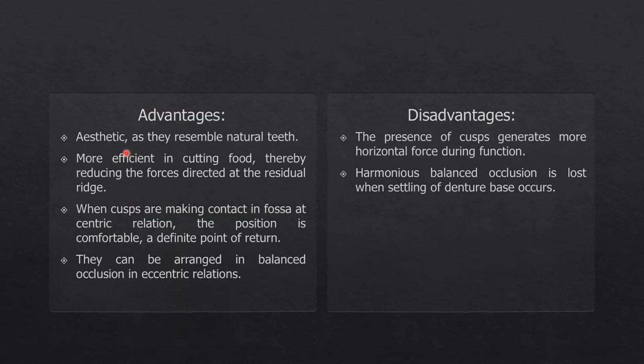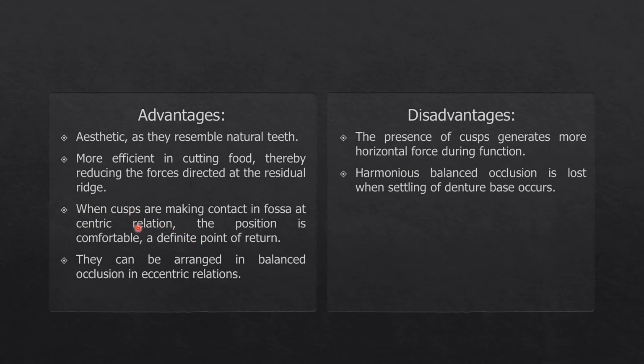So, what are the advantages of these anatomic teeth? Of course, they are aesthetic. They look good if the patient has a large smile that exposes all the posteriors up to the first molar. They are more efficient in cutting and incising the food because of the sharp cusps. The cusps make contact in the fossa in the centric relation position, and this is a comfortable position and a point of definitive return. Because of the cusps, the patient's teeth are guided exactly into centric relation, and they don't slide easily over each other. So it is a definitive